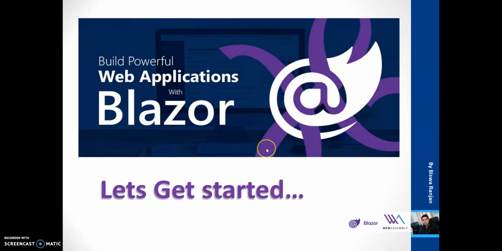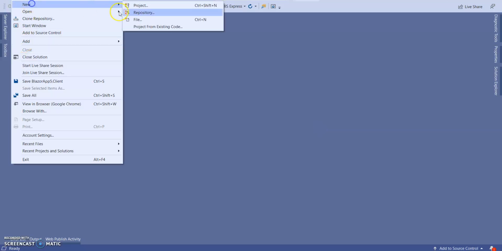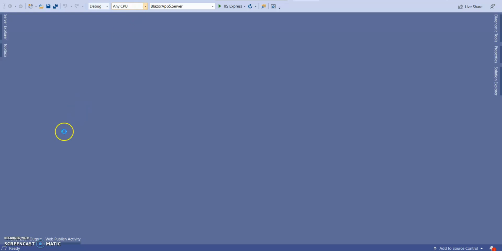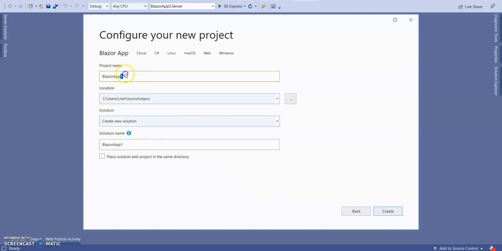Let's start. Open Visual Studio 2019, go to File, New Project. Here select Blazor app, click on next, give the Blazor application name and give the path. Click on create.